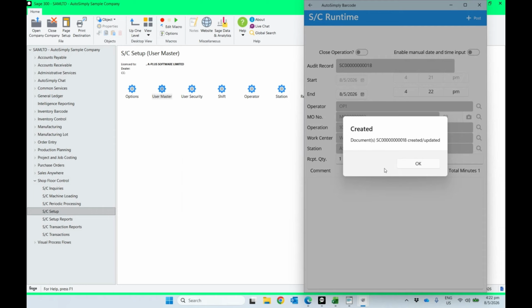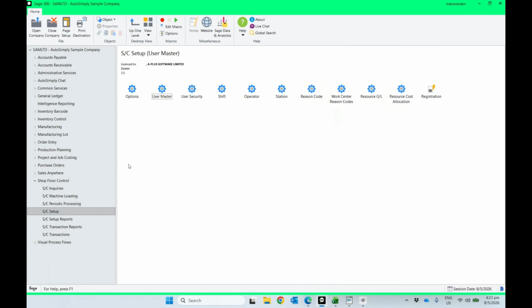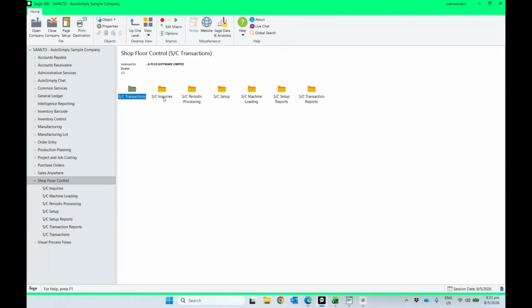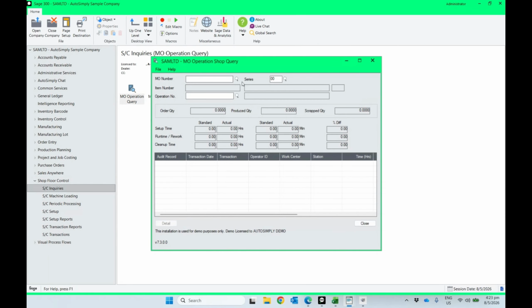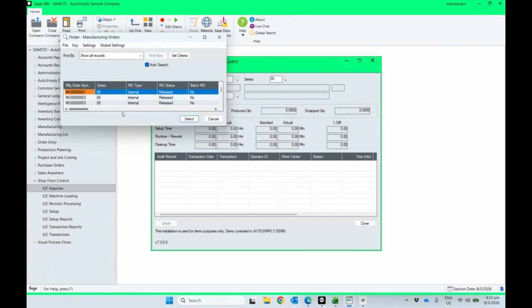So this is now the start stop method using the barcode app. And with the barcode app, we can then extend to 20, 30, 40, 50 operators on the floor. Let them log in as themselves, capture their time, and then make shop floor recording real time. So now I can see who is working on which job. From a management point of view, I can go now into my shop floor MO operation query and then see, let's say for MO number 3, for just assembly,